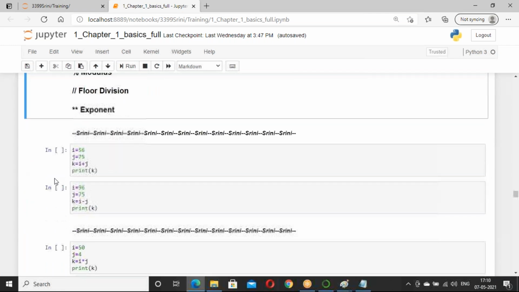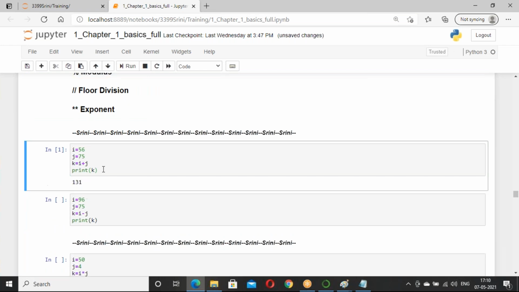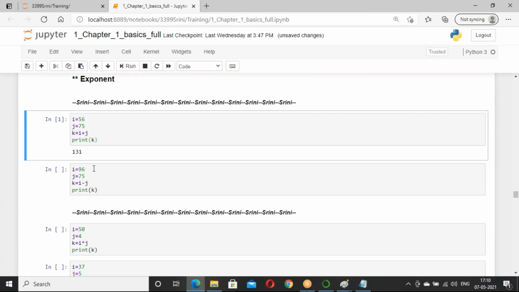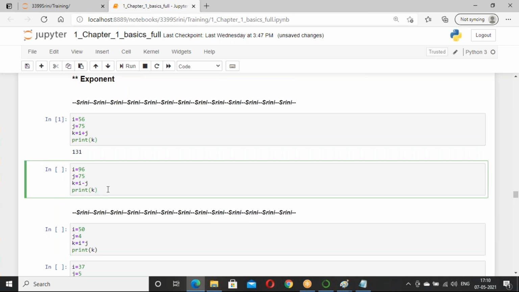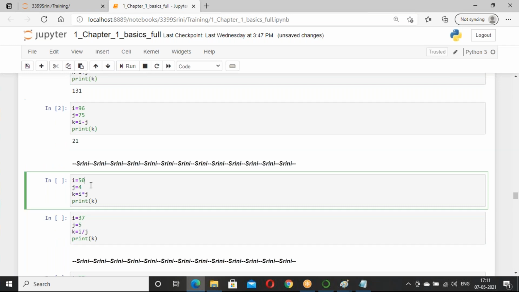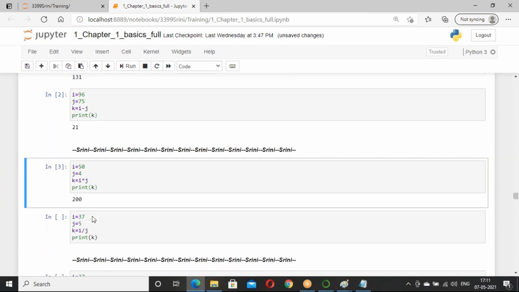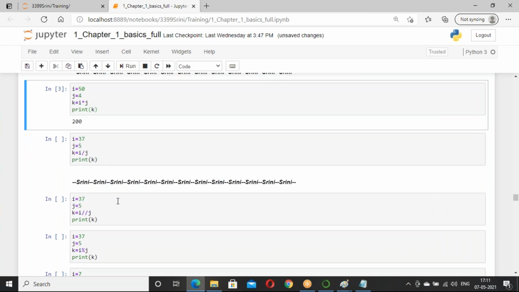Just observe this. I is 56, J is 75, I plus J gives you total 56 plus 75. I is 96, J is 75, I minus J gives you 96 minus 75, 21. I is 50, J is 4, I multiply with J, 50 multiply with 4, that is 200. But in case of division,